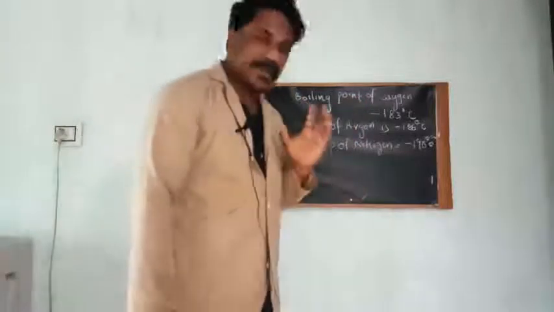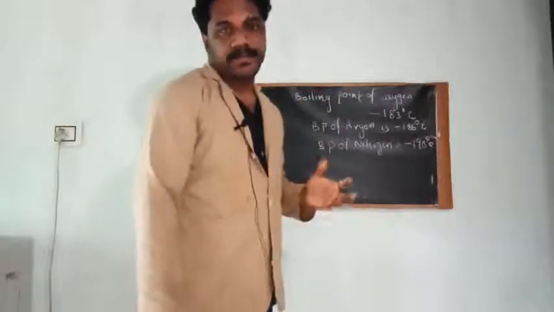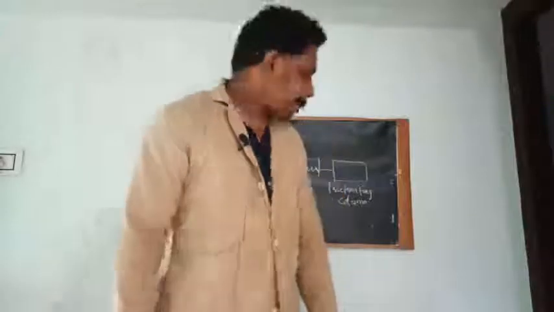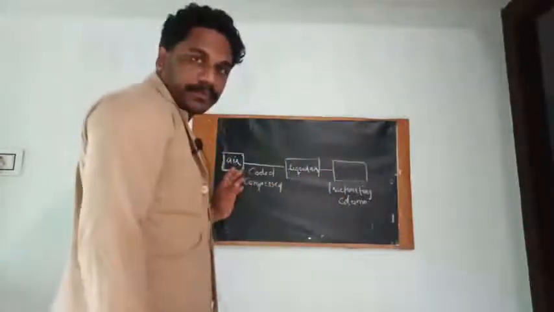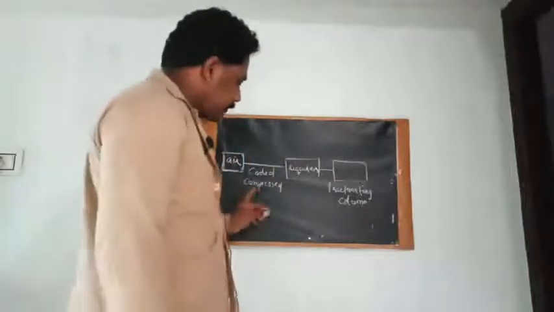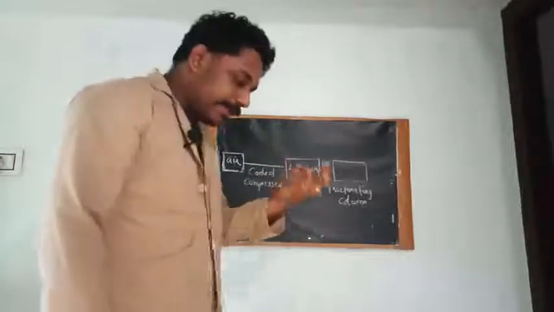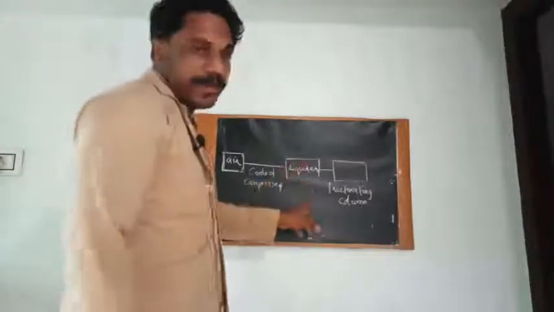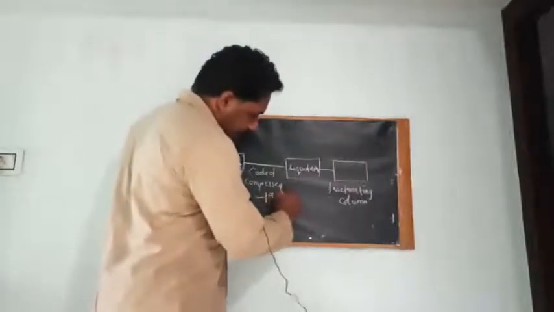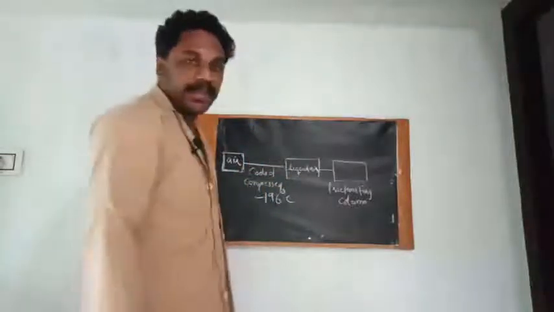Now let us see how fractional distillation is used to separate different constituents of air. Shall we discuss it? Now let us discuss how it is separated. Okay, so we have taken air. Air is stored in a container. Okay, and the air is cooled and compressed. Huge pressure is applied and the temperature is lowered to liquefy the air. So the temperature should be lowered below minus 196 degrees Celsius, or rather below minus 200 degrees Celsius.